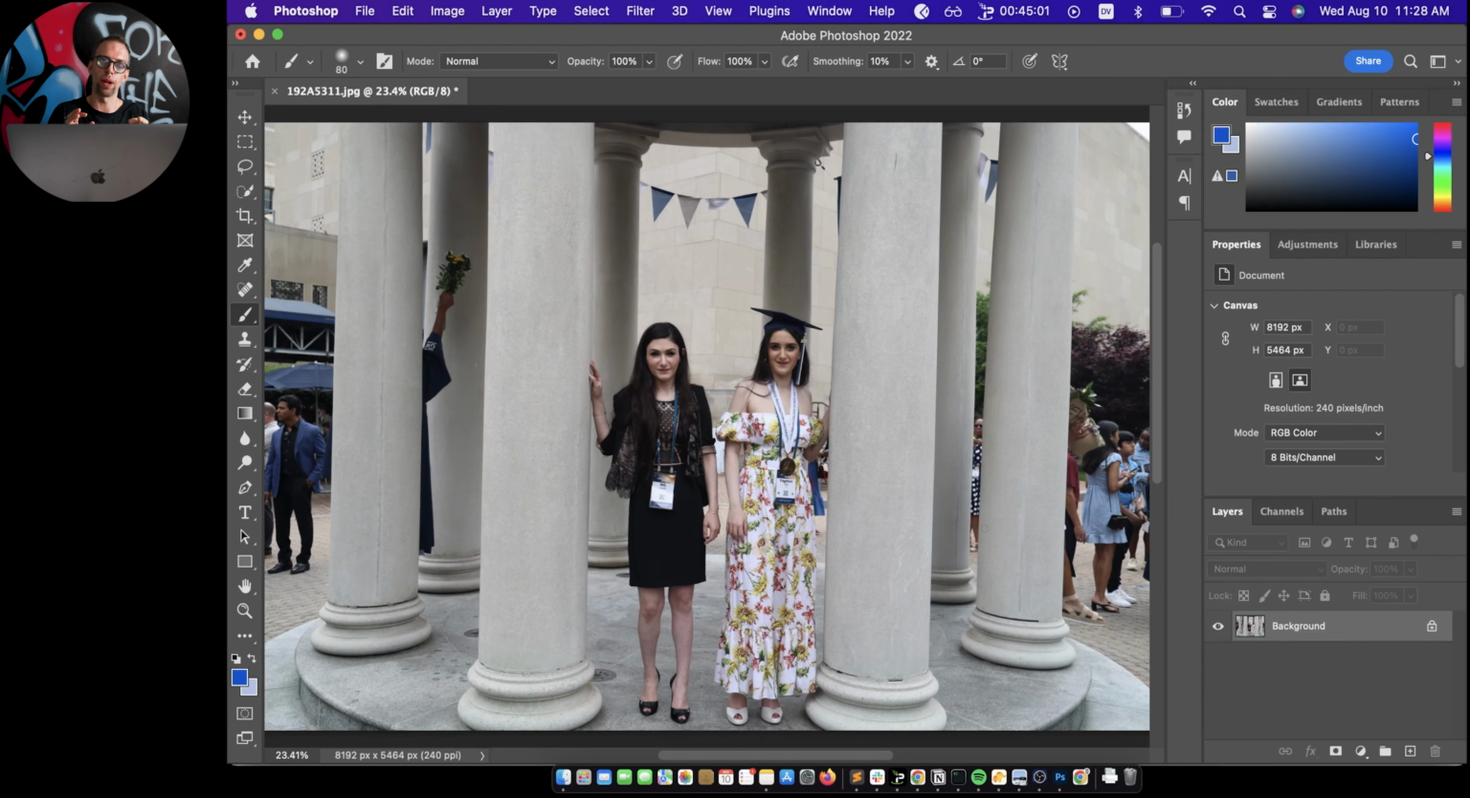Today I want to go over a little bit more photo editing tips and tricks that I like to do to really bring out a photo. Let's get into Photoshop. As you can see here, I have a photo from the George Washington graduation I took